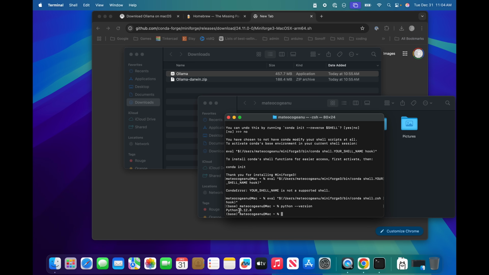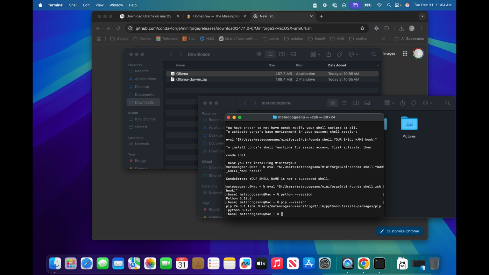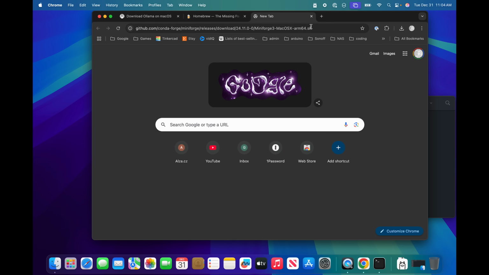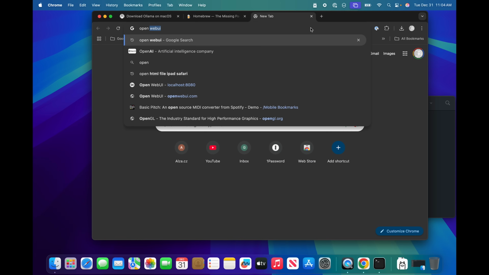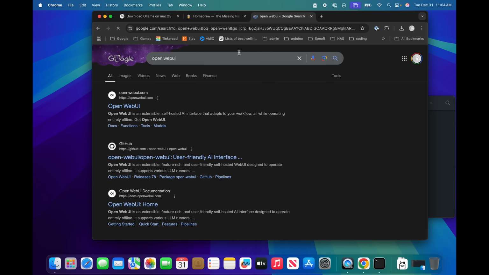It should be 3.12.8. We can keep it like this. And also let's check the pip version. And we have pip 24. Now we will go to Open WebUI, go to the GitHub,